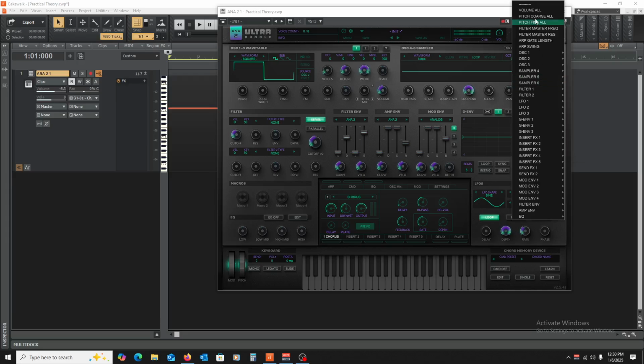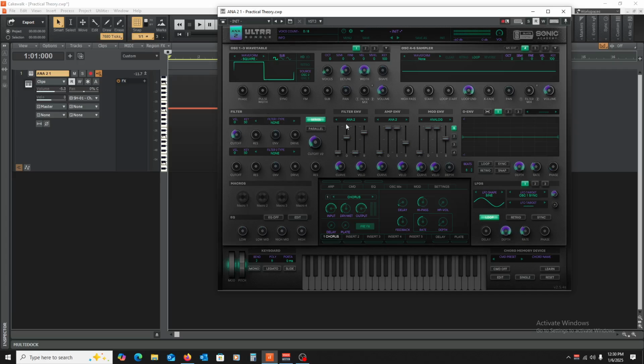And the last thing we're going to look at is filters. So this would control these filters over here. And filters are EQ, okay? So if you're wondering what filters are, it's just another way of saying EQ. And each of these is doing a different type of EQ. LP stands for low pass, HP stands for high pass, and BP stands for band pass, which is like a peak. And if you've watched my EQ video, you should understand what low pass and high pass and band pass are. We covered all that.